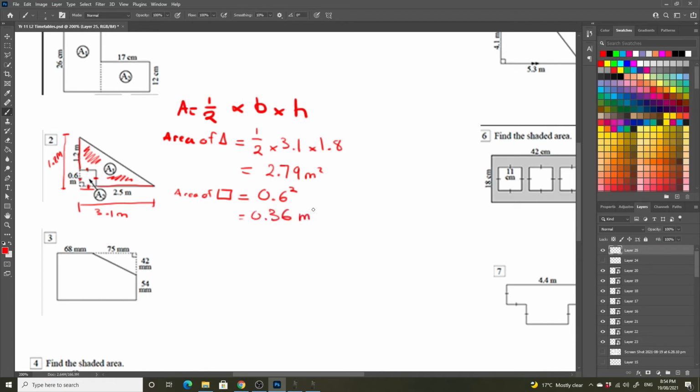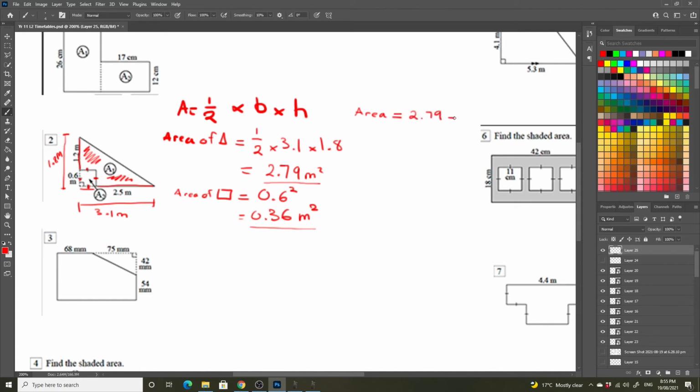0.36 meters squared. So, now that we have the entire triangle in the form of this answer, and we have our square in the form of this answer, we can work out the area of our composite shape by first taking the area of the entire triangle and minusing the area of the square. So our total area is going to be equal to